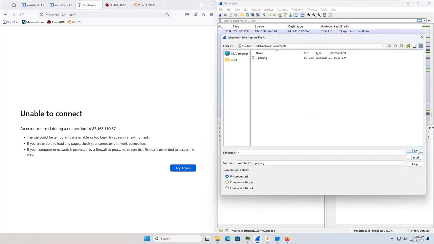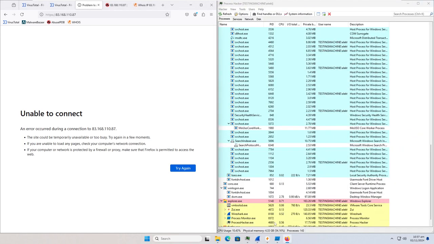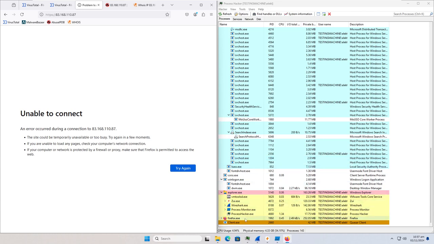Next, I'm going to go ahead and stop this really quick. I'm going to save it as 2, and we're going to run it through Zooey again, although I kind of got the feeling we're not going to find anything too suspicious. The client's still running, and it just straight up shows up as Quasar client. So it's like, you know what, screw you. If you're stupid enough to run the program, you're stupid enough to not look at the description of the running